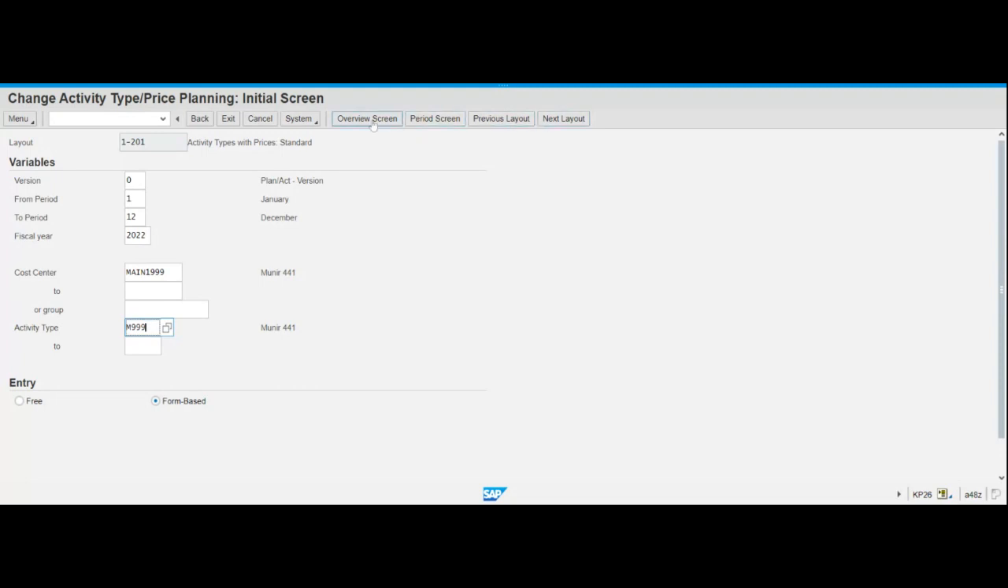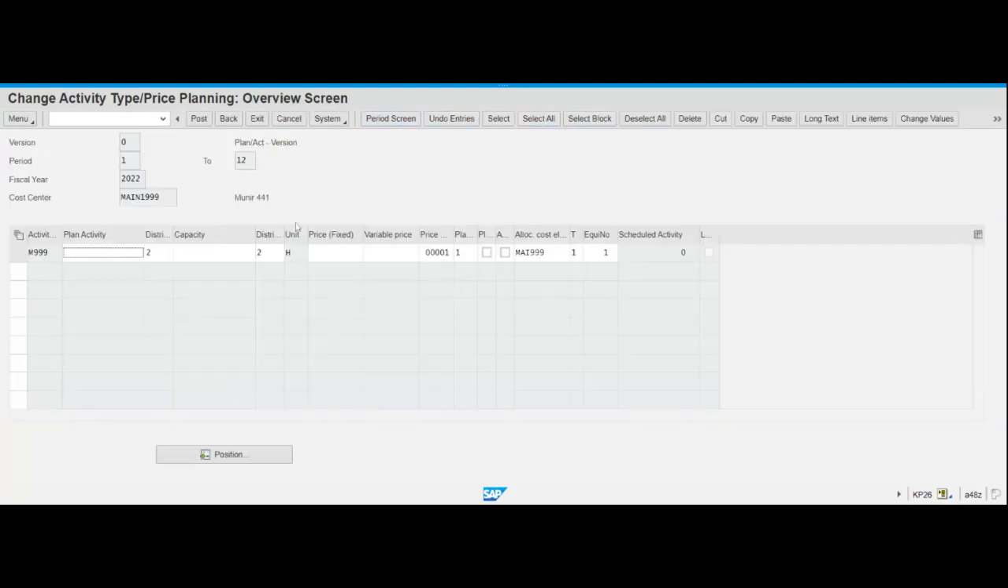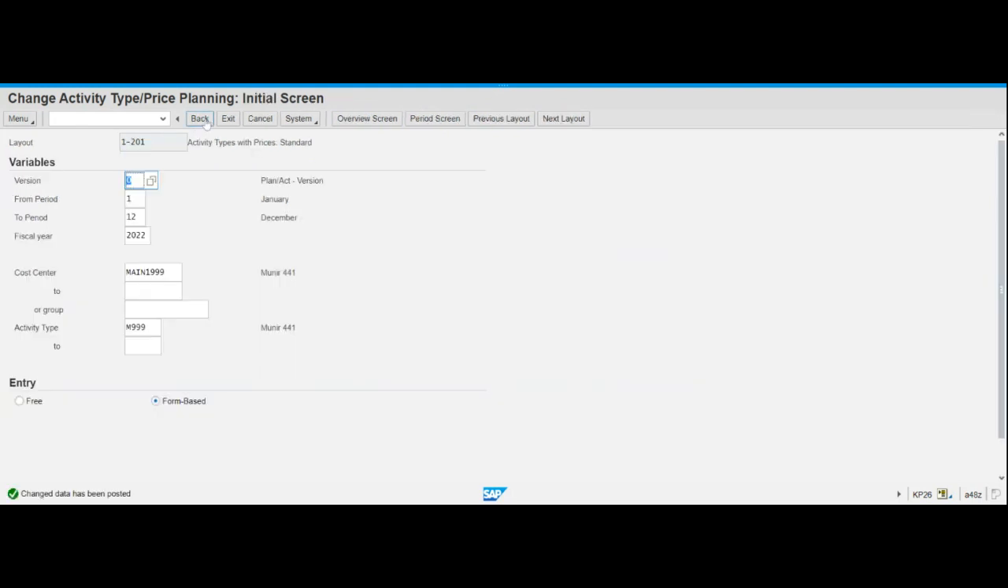Okay, and in our view screen, we have to enter plan activity 1800, then save it, it's done. Similarly, we will do it for the assembly department, the second one, not this one, it should be assembly, and this one should be assembly